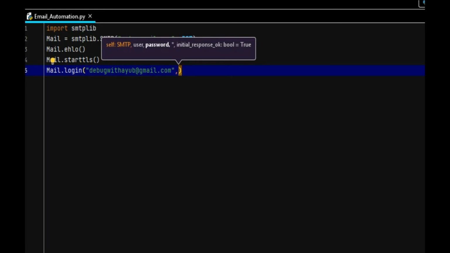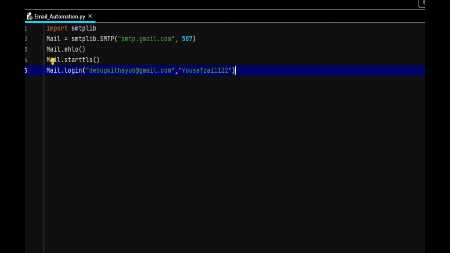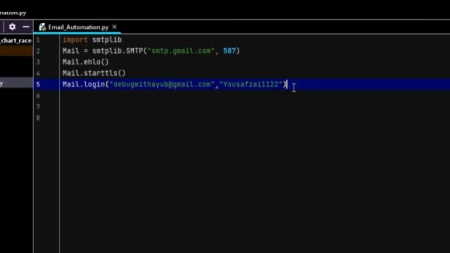This email address will also be our sender email address in the next command. I will type the password. After getting into my account, now I can send email from my Gmail account.